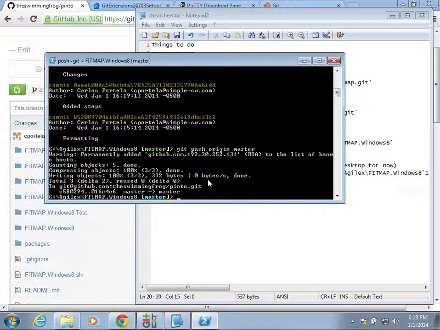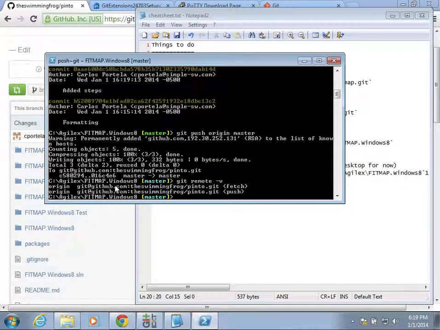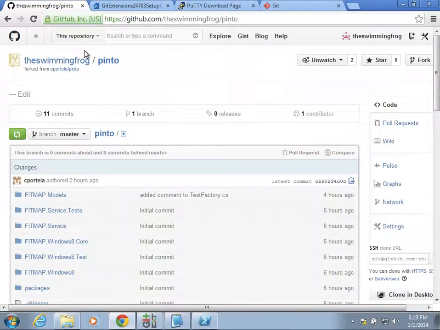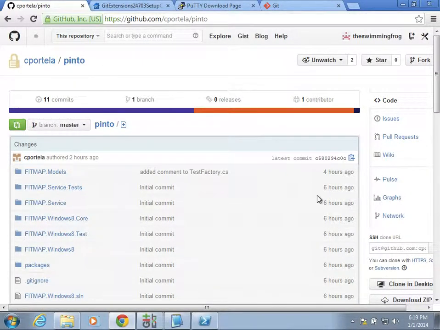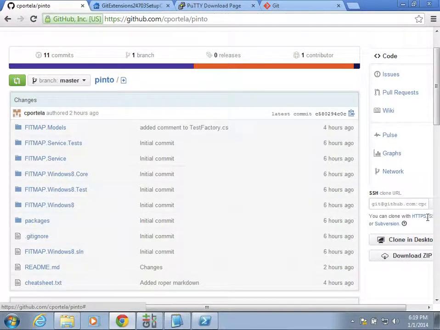So what is origin? git remote -v shows you your remote servers. Currently we only have origin. What you need to also have is the server for Carlos in your remotes. So what we're going to do is we'll come back to Git, scroll up, we'll come back to C Portela Pinto, and we're going to grab the SSH URL for C Portela Pinto. It's already selected for me, but if it's not, you click on SSH, you come here, you copy it,